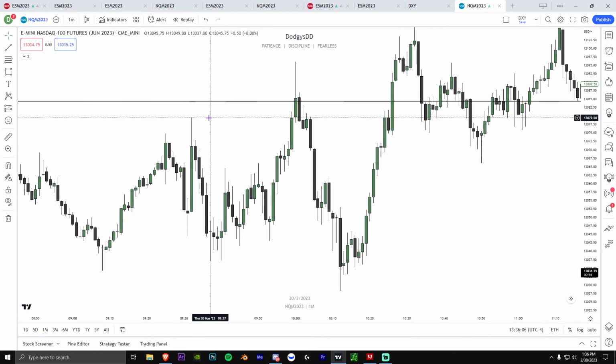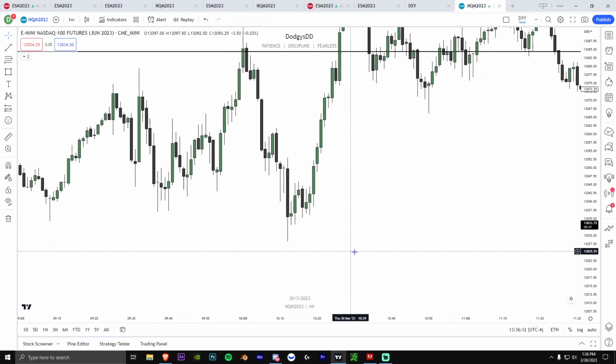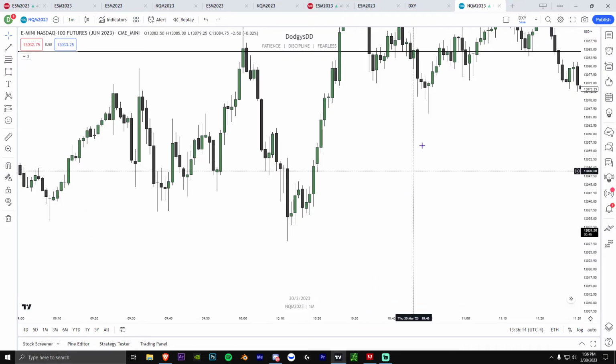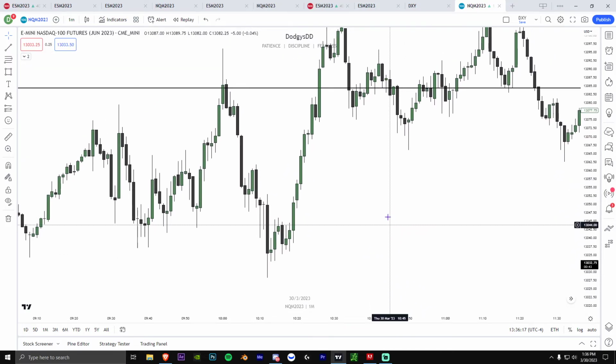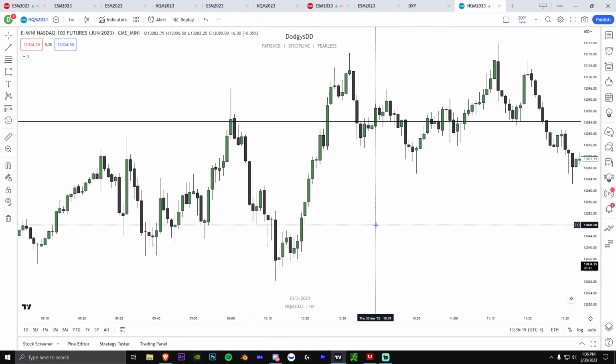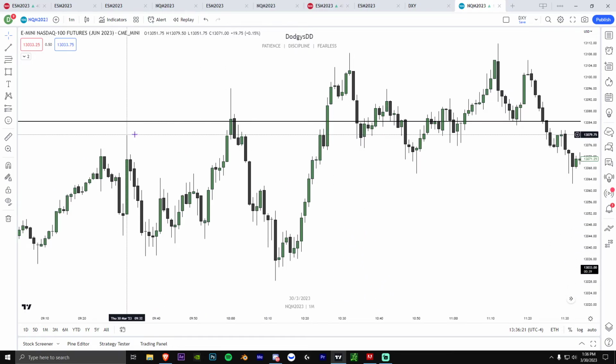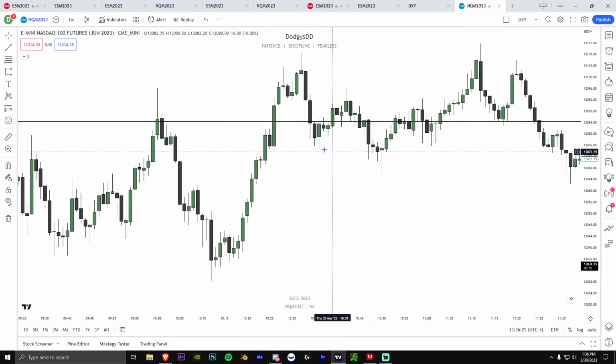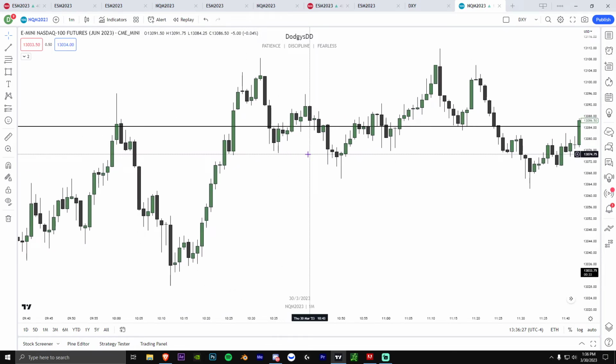So if you ever get a few ticks from a higher low and then we go back down again, I will never short the retrace. Same with the long. If we get a few points within a low and then we never hit it and we go back up again, I'm never going to long the retrace, because most of the time we end up going back to that low after something like this happens. So we got close to this and then we came back later to this high. That's kind of